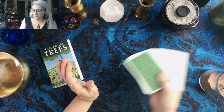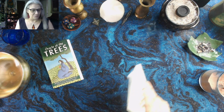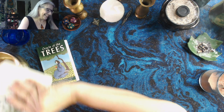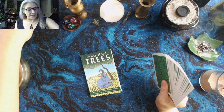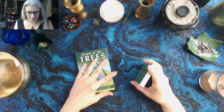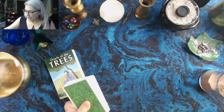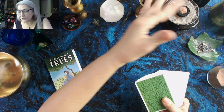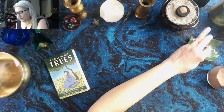By air and fire may you be protected, purified and charged. And by water and earth may you be blessed and made whole. By the sound of the bell, oops, a little more. May the spirit awaken within you. And guides and guardians, allies and ancestors, thank you for everything you do for me. Your presence here helps me to connect with this deck and bring good messages forth that will be helpful and insightful and timely for my viewers. I offer you fresh water and I offer you the fire of Azrael, which also brings in the spirit of divination. So once that gets going, am I lit? Oh God, I hope I'm lit. I think it is. I can't tell because this one's still smoking. All right,